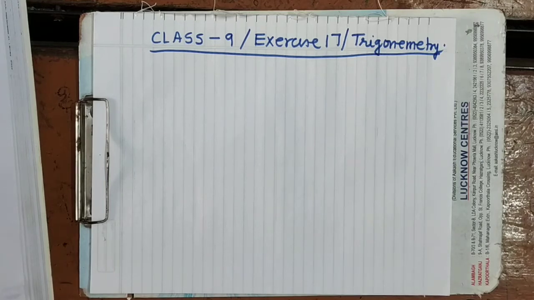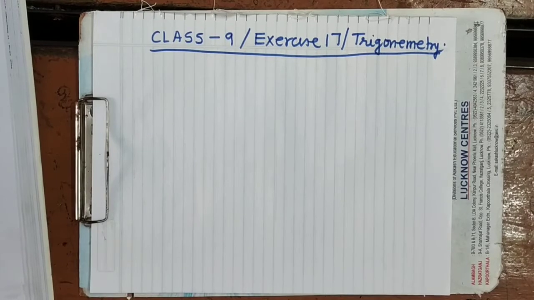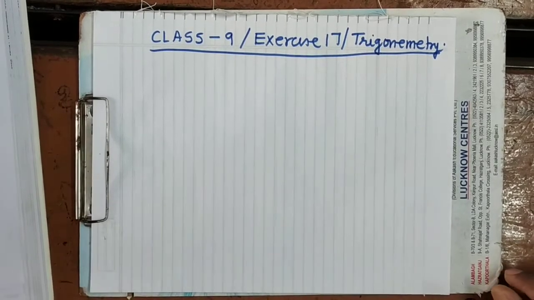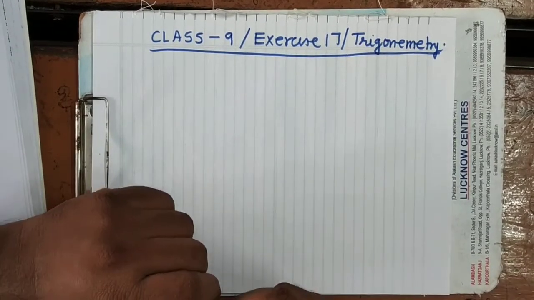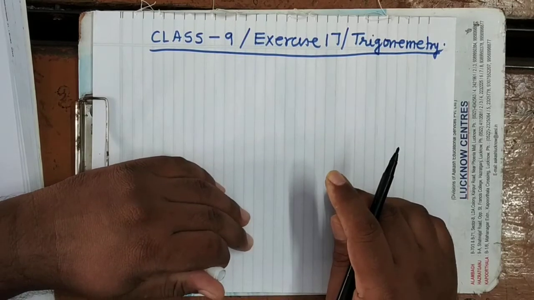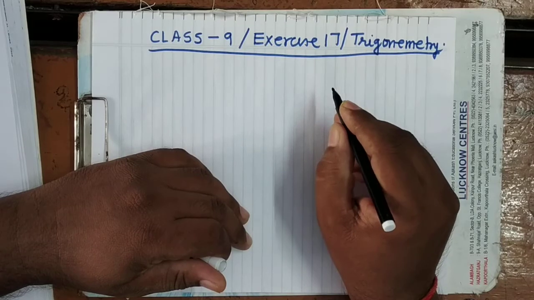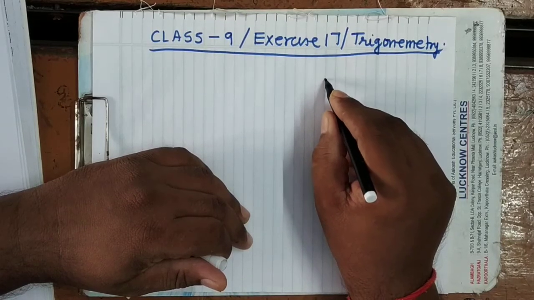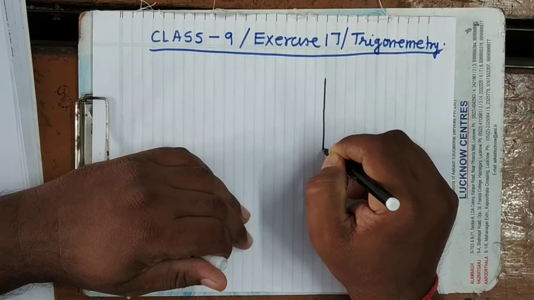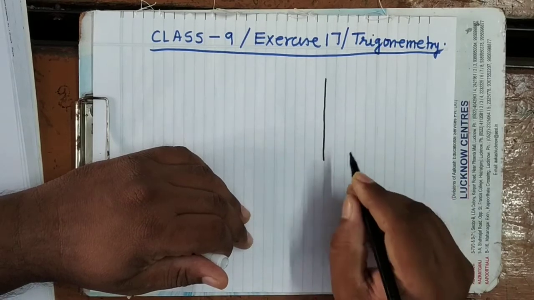So today in this lecture I am going to begin from question number 30. You can see it in your book, page 416 of the new book. Using the measurements given in the figure alongside, find the values of sin phi and tan theta. First let me make the diagram, then I will show you in the book also.